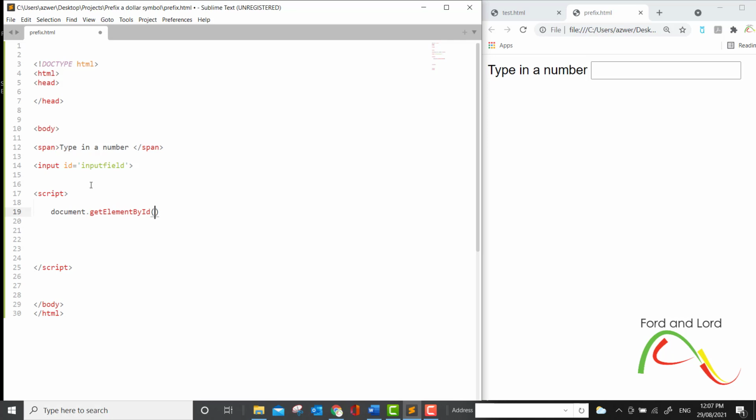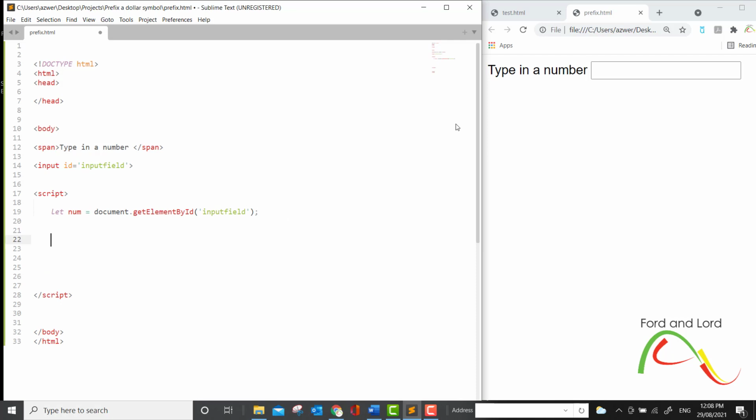I'm using this method to target an element with the help of ID, and I want to target this element that has an ID of input field. I will copy this and paste it here. I will save this element in a variable called num, for example. So I've created a variable and I've saved this input field that has an ID of input field in this variable.